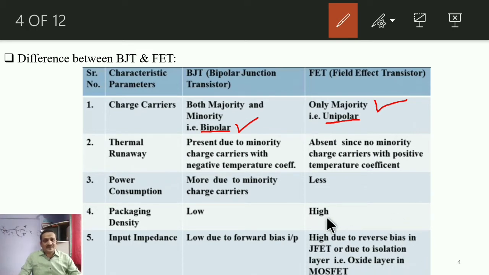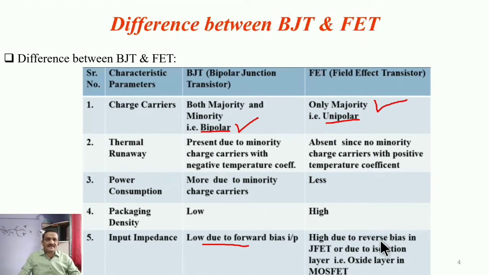The controlling voltage applied to the gate terminal is able to control the conduction of this device, and that's why the input current is almost zero in case of FET, while in case of BJT it is non-zero. We have to keep that non-zero input current, and only then will the device conduct. Input impedance is nothing but the applied input voltage divided by the input current. In BJT, as input current is non-zero, there is a finite input impedance. In FET, as input current is zero, the denominator is zero, and that's why the input impedance is infinite, or in general very high.